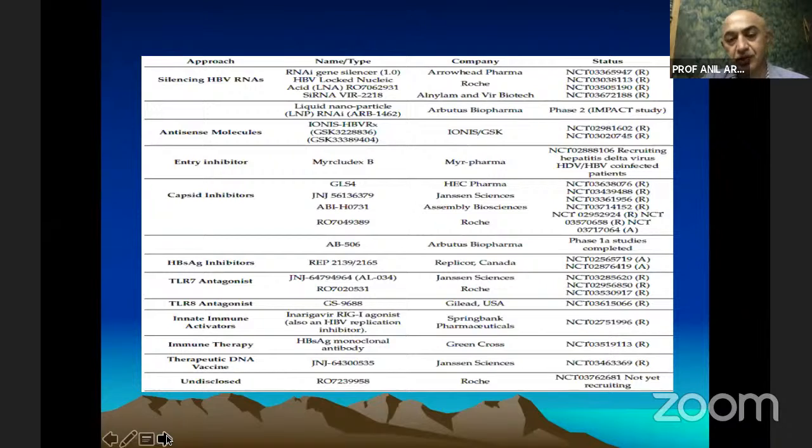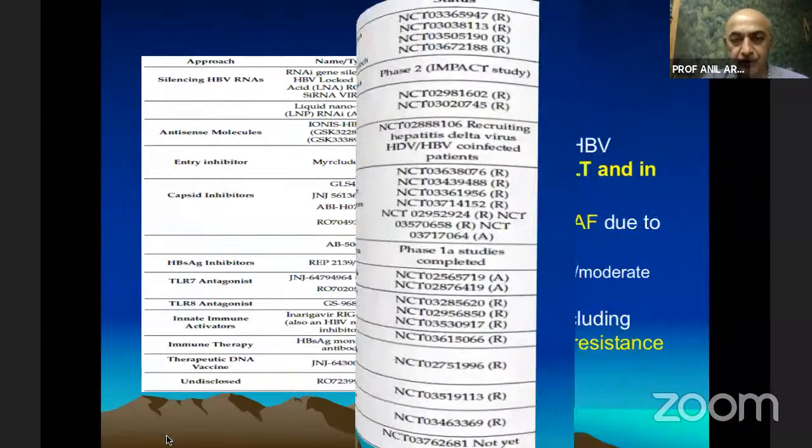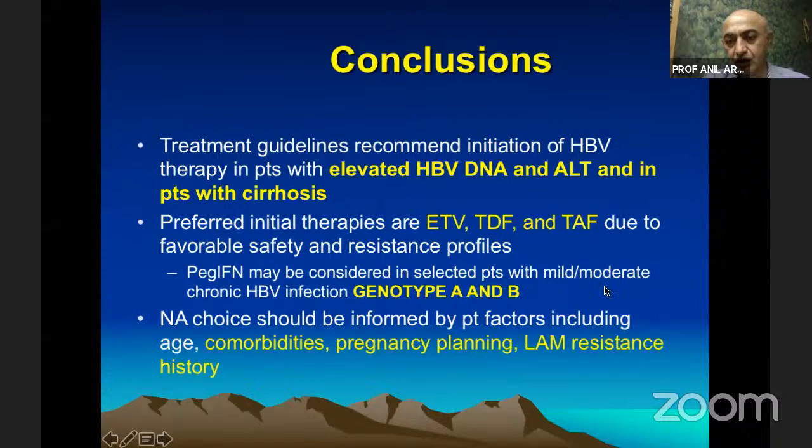So a large number of the drugs are in the pipeline. We may see some of them see the light of the tunnel after about 5 to 10 years. As of now, we do not have drugs other than maybe TAF and entecavir for treatment of hepatitis B. To sum up, ladies and gentlemen, treatment guidelines recommend treatment of hepatitis B only in patients who